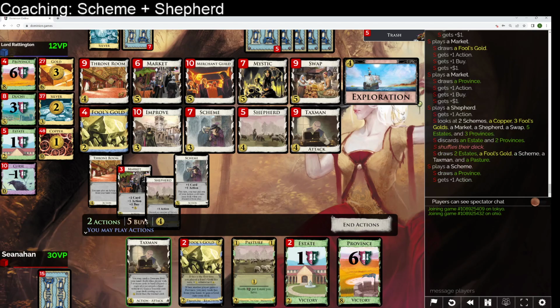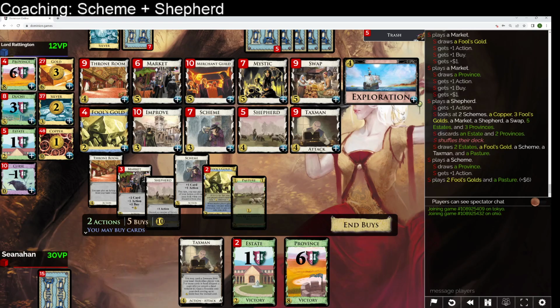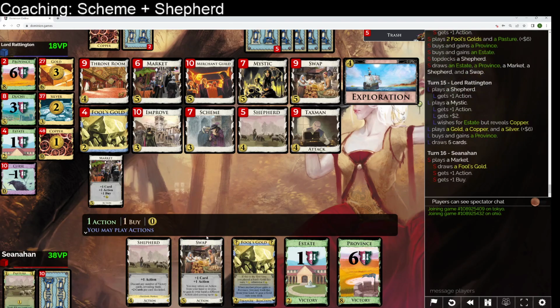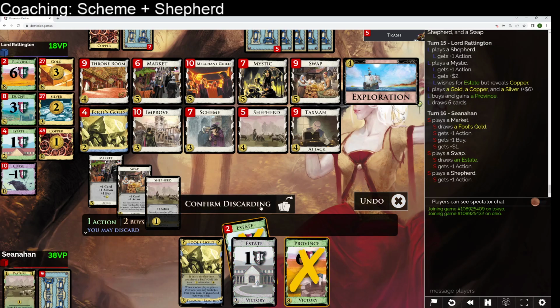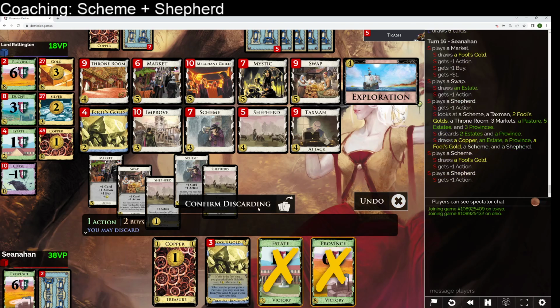Because of the constraints of the deck, there's no easy copper trashing. We're not, you know, making super good use of the tax bag, because we're not able to consistently draw the deck, but we can gain another province. And we'll top deck the shepherd as well and hope to draw some green cards. Nothing to swap, unfortunately, because we do want to play this shepherd, but this is a pretty nice